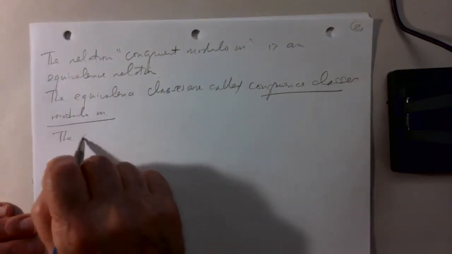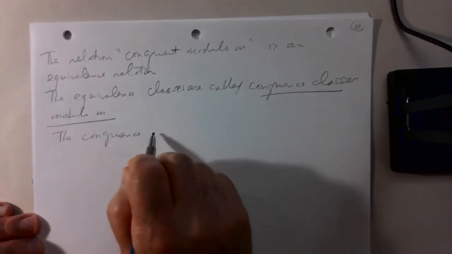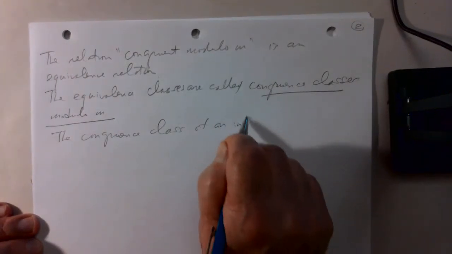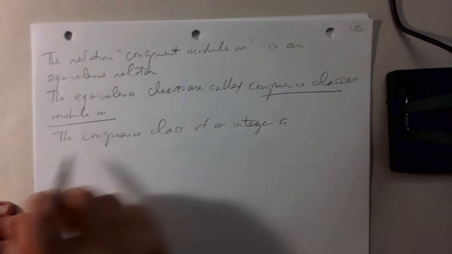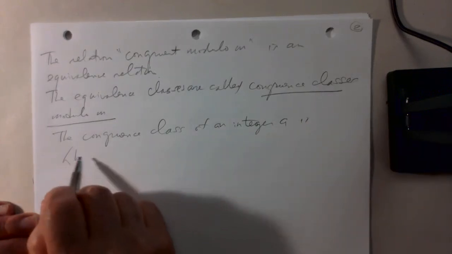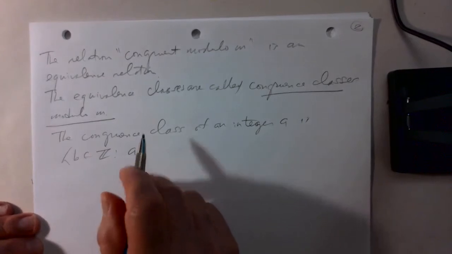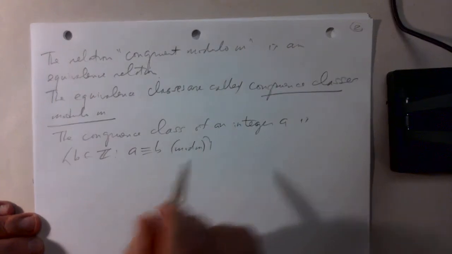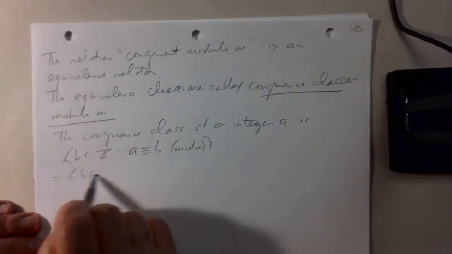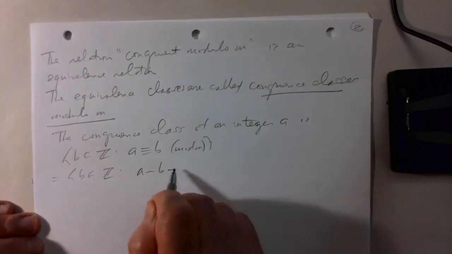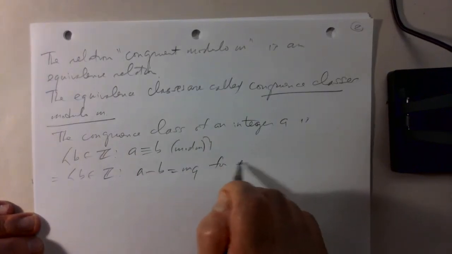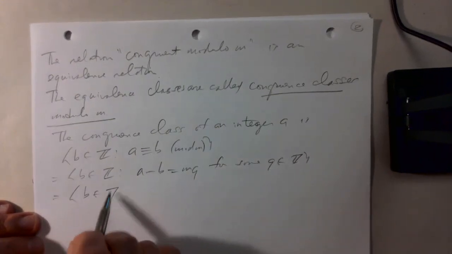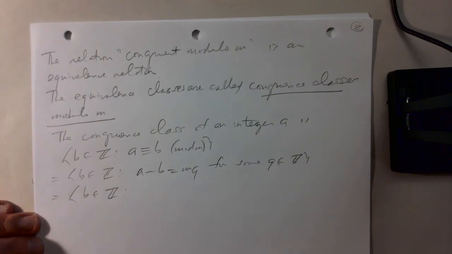And the congruence class of an integer A is the set of all integers B such that A is related to B. A is congruent to B mod M. Another way of writing this is the set of all integers B such that A minus B is MQ for some integer Q, which is the same as saying all integers B such that,